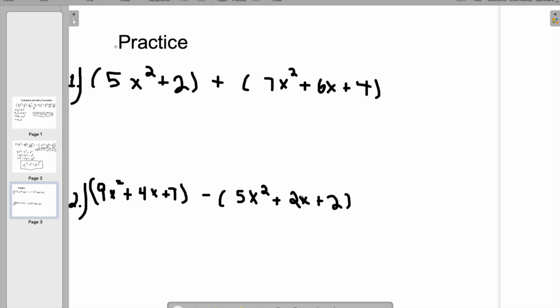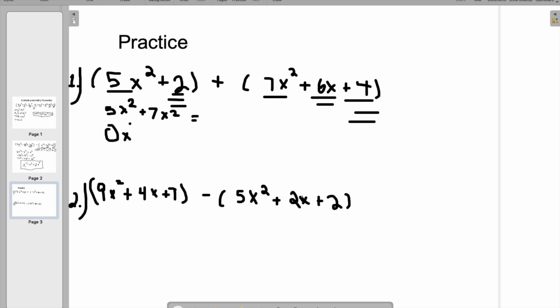Now we're going to do some practice, and you can feel free to pause. So what we're going to do first is distinguish the like terms. And as you can see, the first function doesn't have a like term with 6x, but we'll figure that out later. So 5x squared and 7x squared both have the same degrees, which is x squared, so they're like terms. And then, as you can see, 6x doesn't have a coinciding term, so we're just going to put in